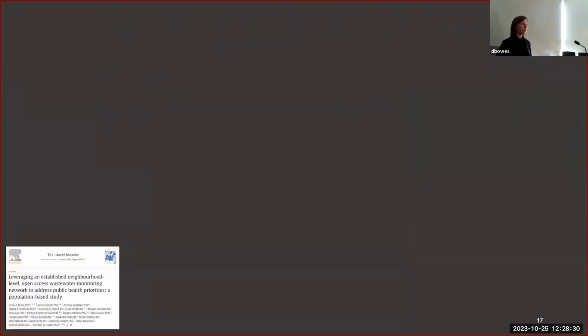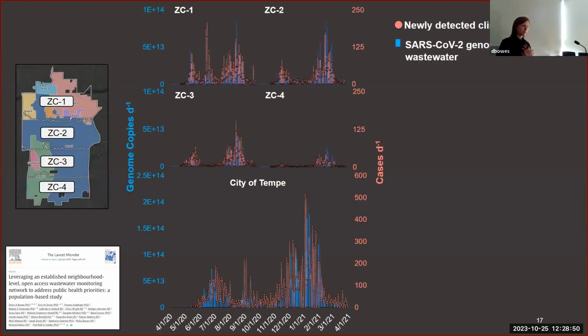So what about an early warning potential? We talked about rapid interventions, and we saw that unique wave with ASU students coming back into town. So we wanted to test if wastewater was able to actually herald a signal of infection compared to typical clinical surveillance. What you're looking at here is the same exact data set, just shown in a different way. Now we're looking at genome copies per day. So this is a viral load of SARS-CoV-2. And we're looking in aggregate at the city of Tempe.